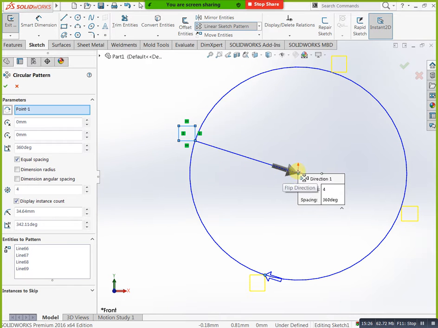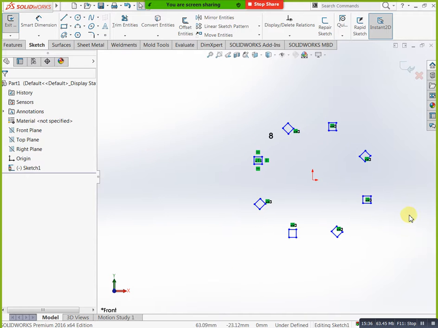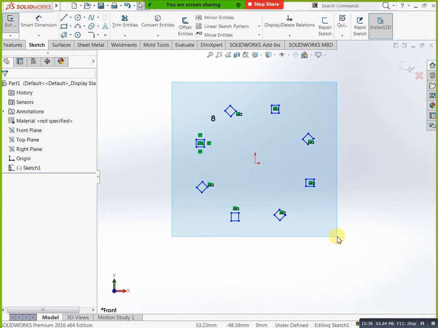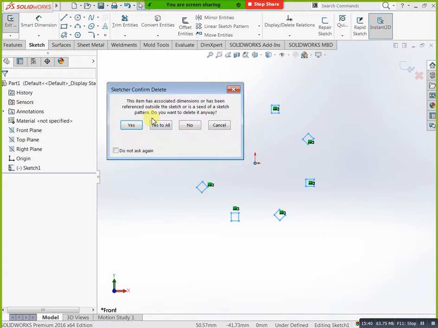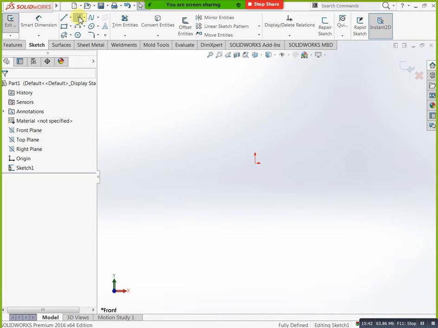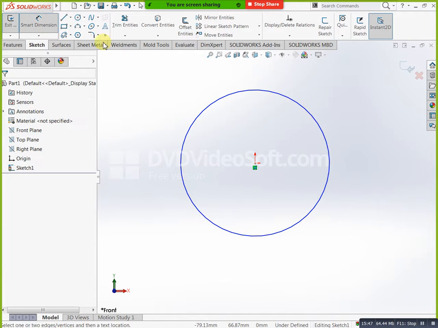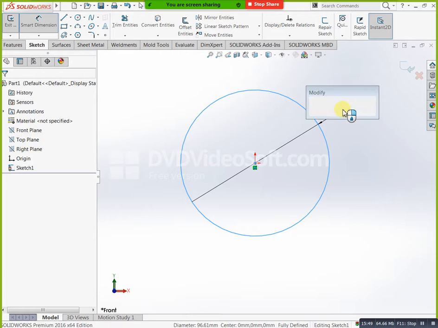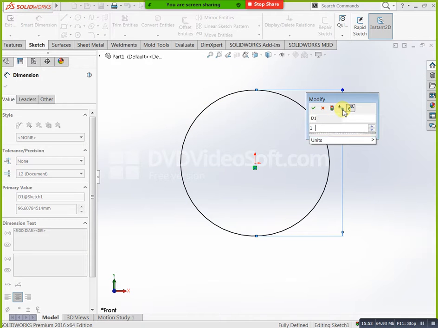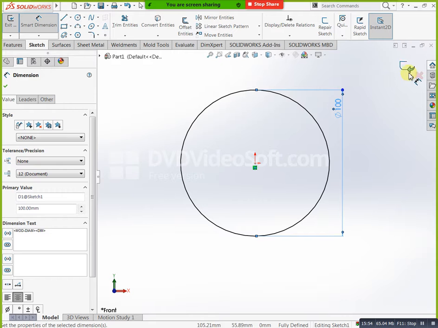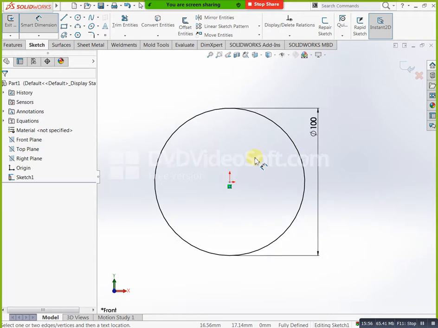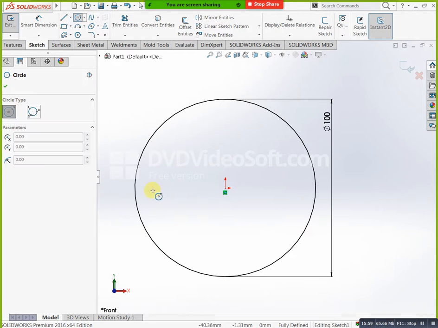Next, for example, I have one circular plate. In that circular plate I have some dimensions. Okay, you can specify this smart dimension, you can apply like this. For example, 100 plate. So okay, you can specify your smart dimension 5. You can select this one. Okay, here the circular sketch pattern is automatically coming, but I don't have it like this.